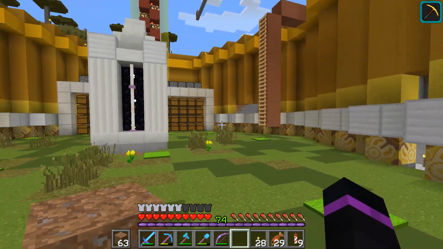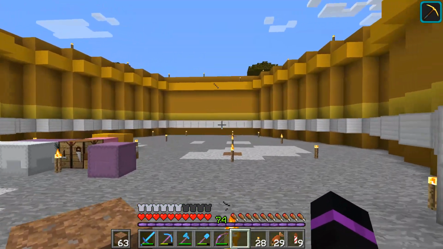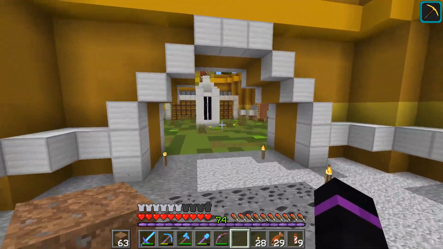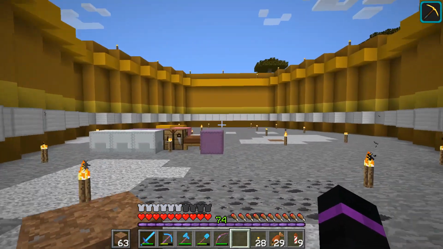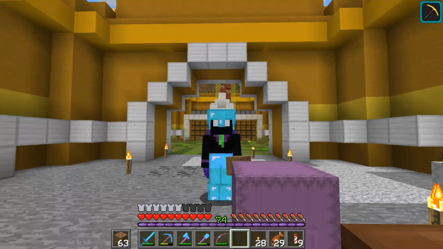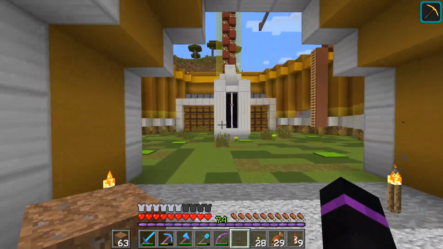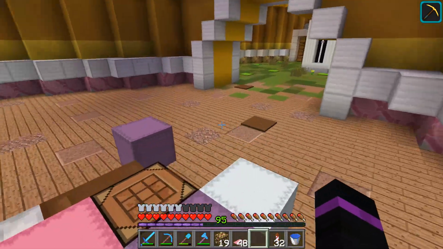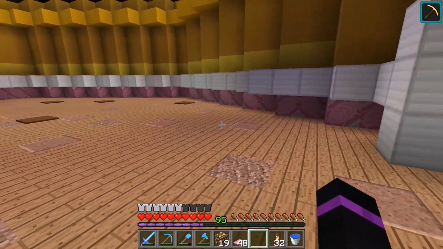So now I guess it's to the point where we should start working on this cell and get a storage system going, because that's going to be very, very important, because I have pretty much run out of storage space. Core design is in, and we have used some granite, we've used some jungle planks,